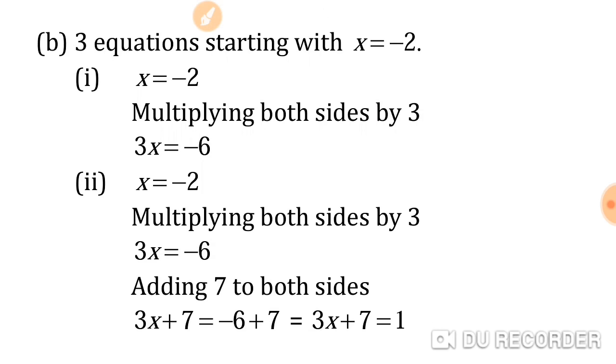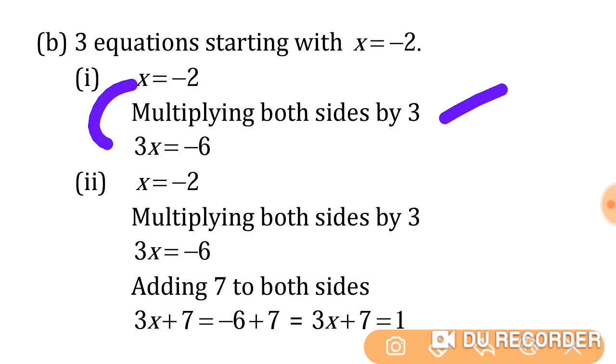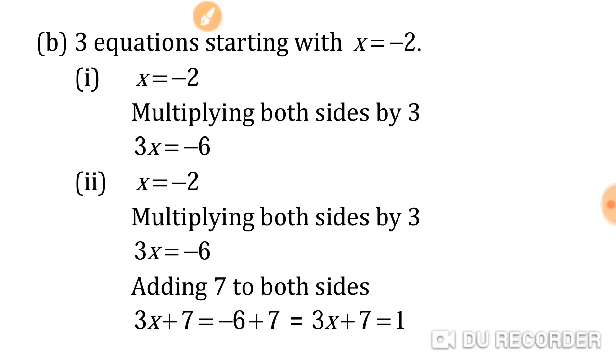Now three equations starting with x equal to -2 instead of 2. Same, multiplying both sides by 3, means x into 3 is 3x, and -2 into 3 is -6. Again, not only multiplication, there must be adding and subtracting also, you can choose. So you can take it. I have made the equation here with only one step, so do the other two equations. I hope you understand this exercise. So I'll go for the next exercise.